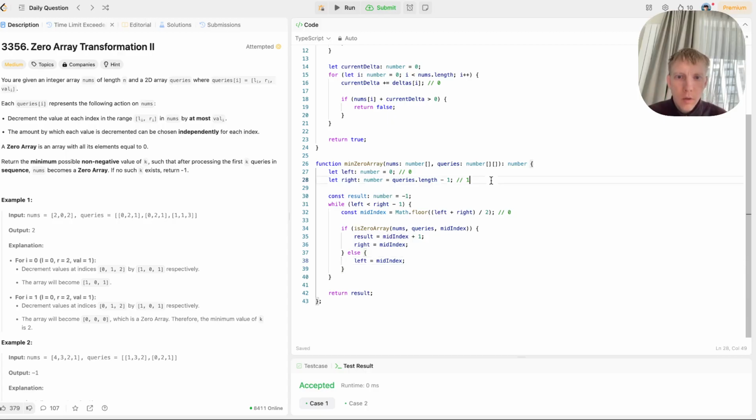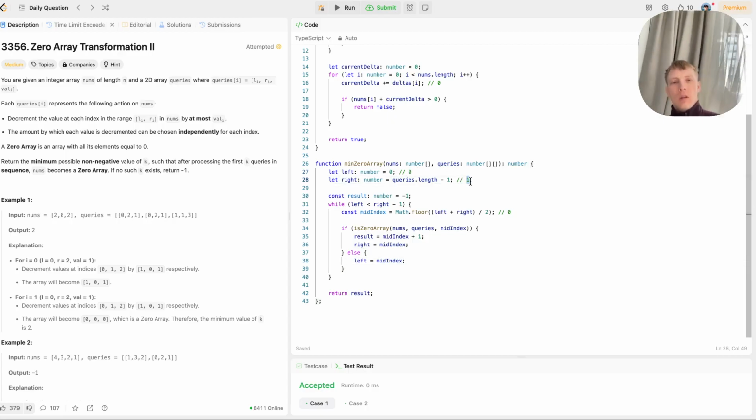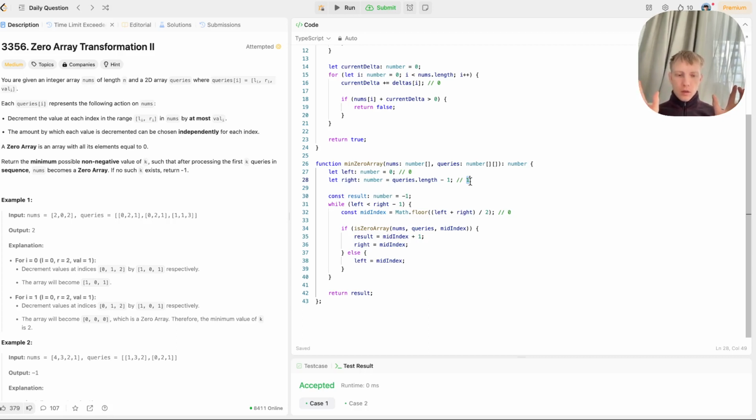For example, if we have left 0, right 1, mid index would be 0. If we should move right, then if we should move right pointer, and we will take the left side,